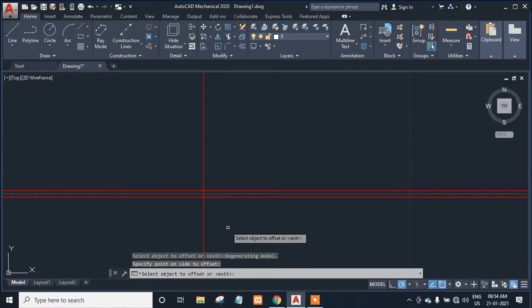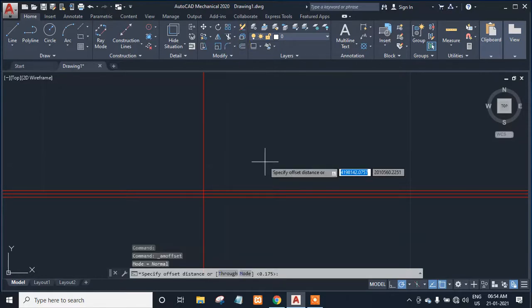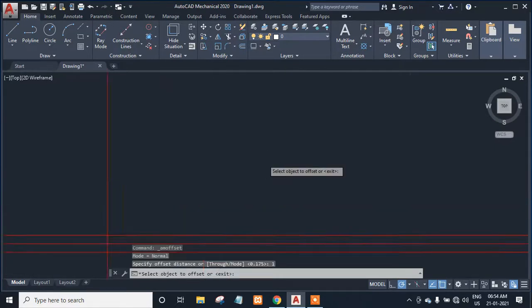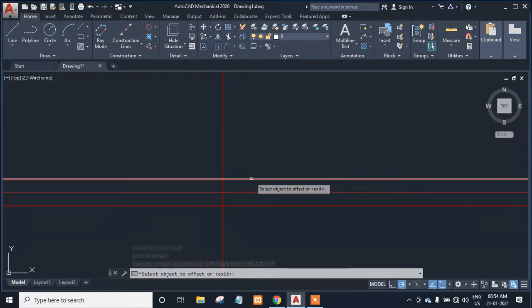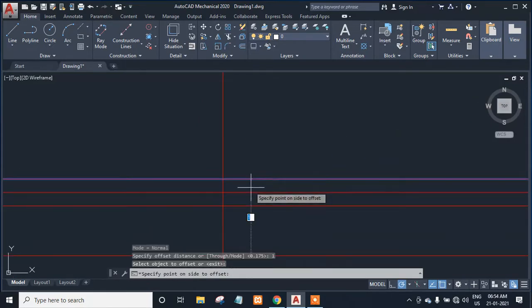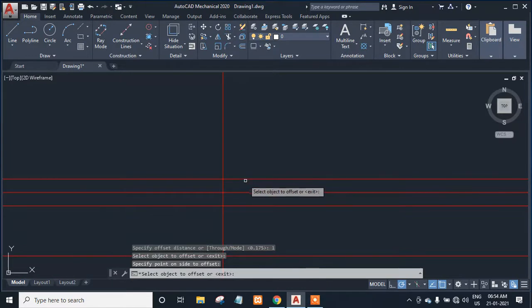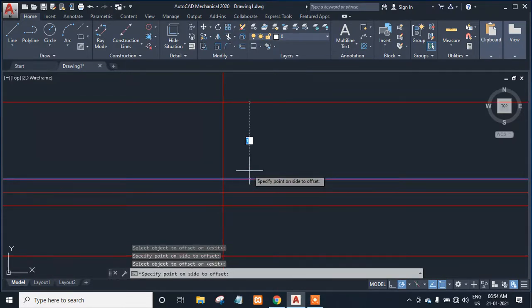Okay, again take the offset command, just to put the value of 1 mm. Okay, 1 mm and hit enter. Just zoom it and click on the above, click this side again. 1 mm is too long.